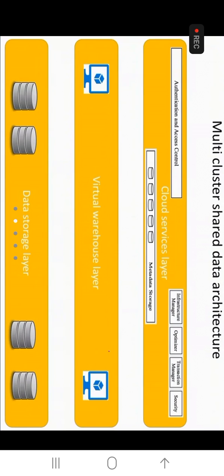Okay, and the data partitioning has to be done manually here in shared disk. But in the shared nothing architecture also, we do data partitioning manually. But compared to shared disk, it is less work in shared nothing architecture. Okay, and to overcome all the problems we faced in shared disk and shared nothing architecture, in terms of the software, the hardware setup perspective, and the volume of the data,